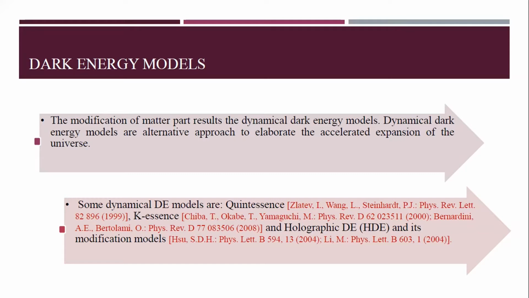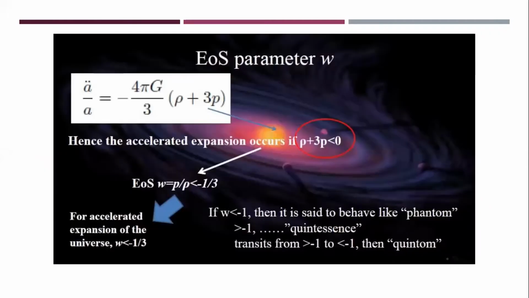will discuss later on. Its modifications also exist in the literature recently by using non-extensive entropies of the universe, like Tsallis entropy, Renyi entropy, and Sharma-Mittal. And nowadays, Barrow entropy also exists. Based on the procedure of holographic dark energy models, they proposed different dark energy models based on Tsallis entropy, Sharma-Mittal, etc.